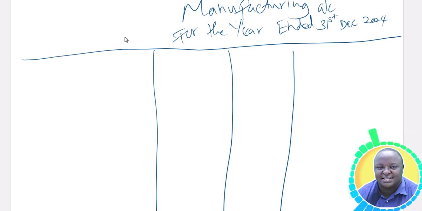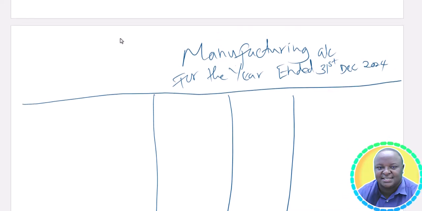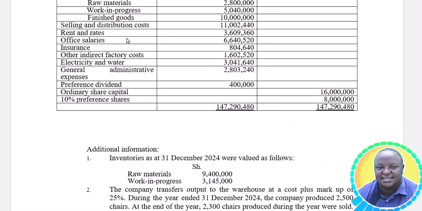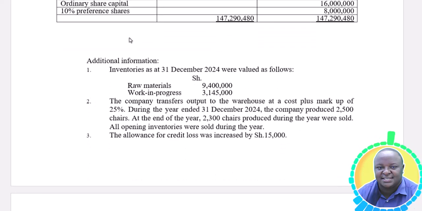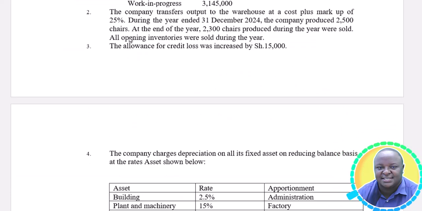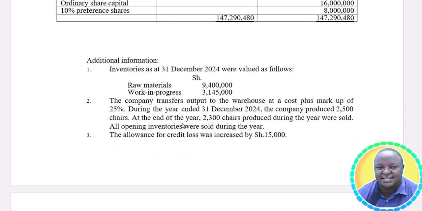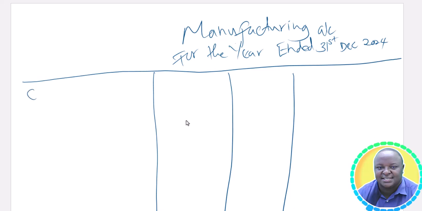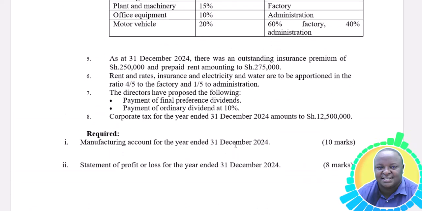We'll prepare the manufacturing account for the year ended 31st December 2024. Now, in preparation of the manufacturing account, we said that it's for the purpose of trying to find the production cost. So we will start by looking at the cost of raw materials. Now, if we check, we have been given